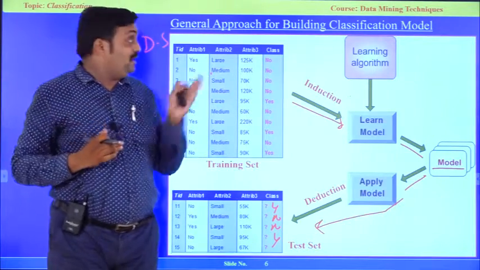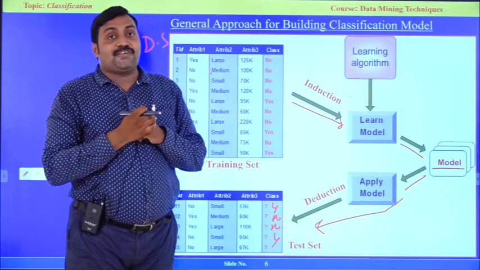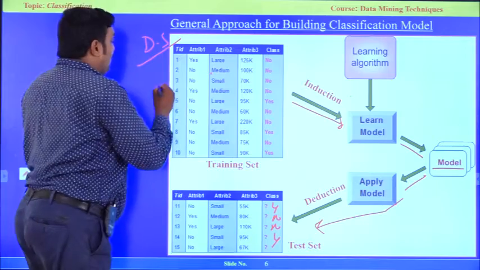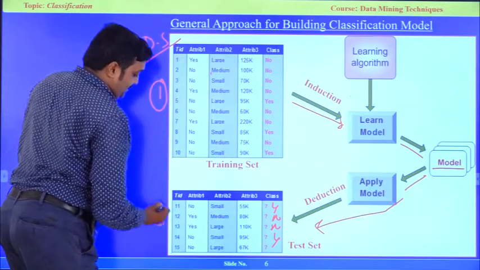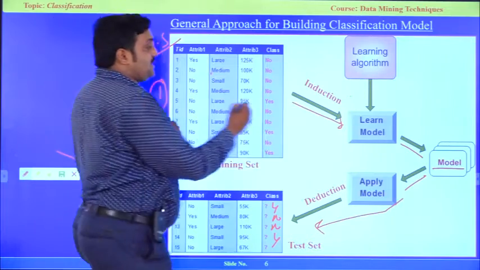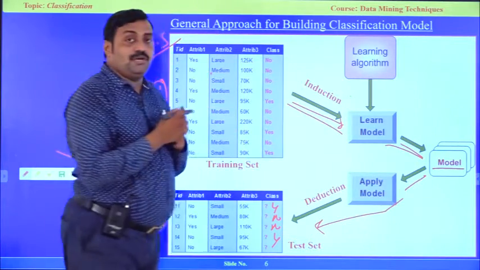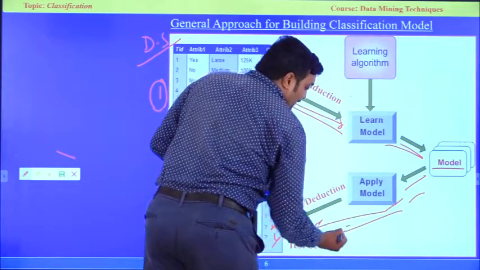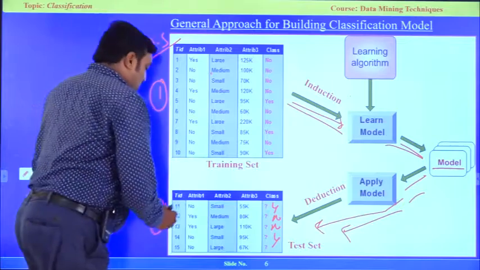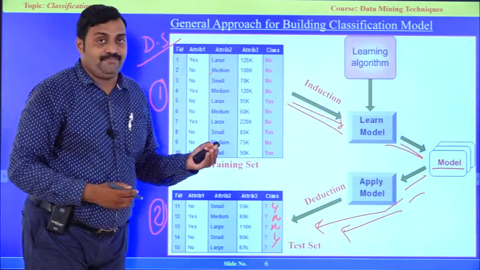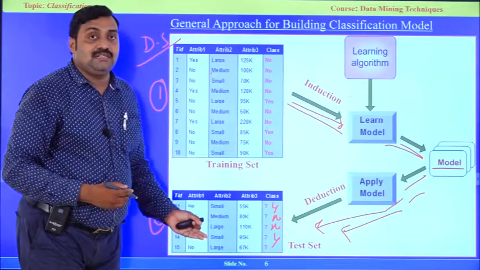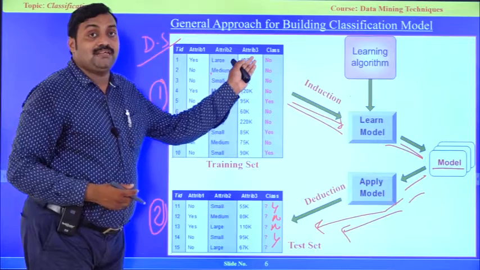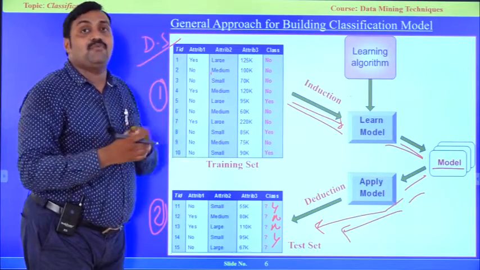So what we are going to do in model building, classification model building, is take the total data set and split it into the training set and test set. With the help of the training set, I am designing a model. Once the model is ready, I apply the model to the test set. If the test set gives the proper class, either S class or no class, we check the accuracy and compare it with your training set. If you are getting 100% accuracy, then your model is perfect.